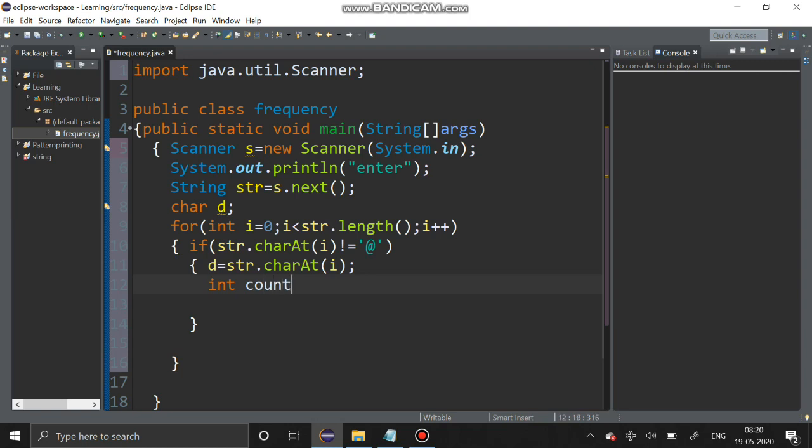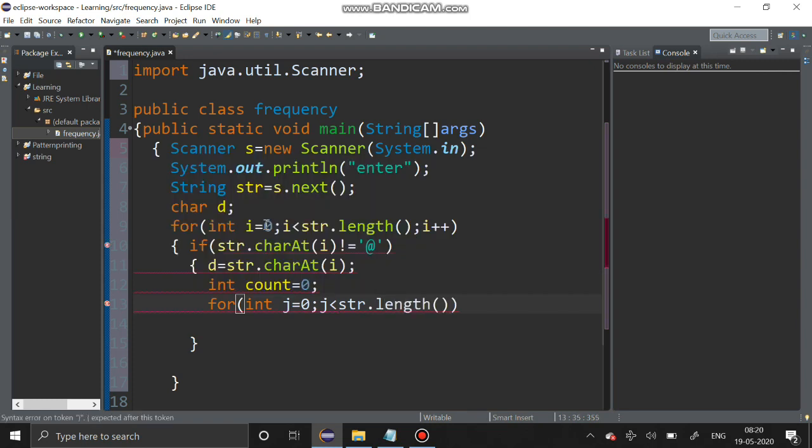Declare a count variable here, count equal to 0, and use another for loop for comparison. This is for comparing the character: int j equal to 0, j less than str.length(). The i loop is for selecting the element and j is for comparing.